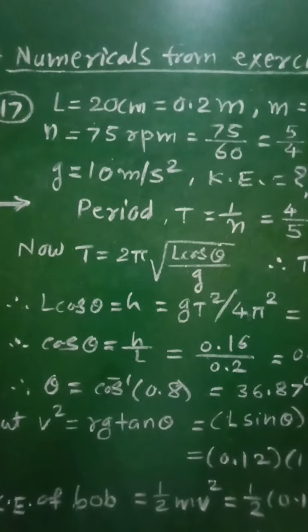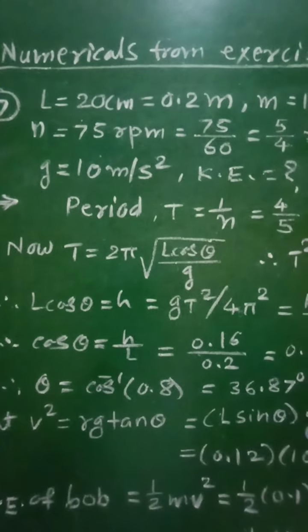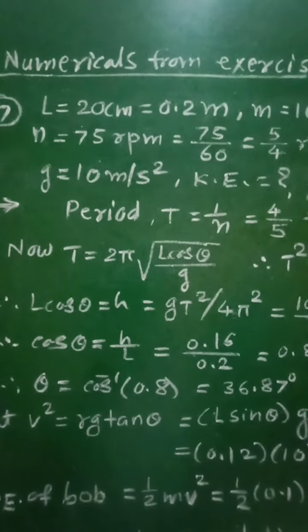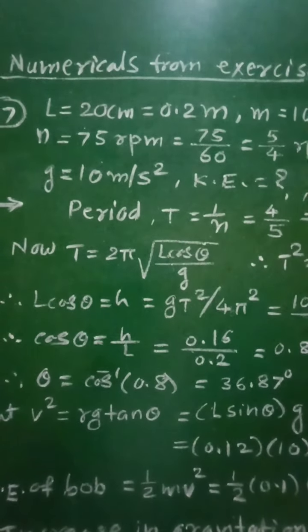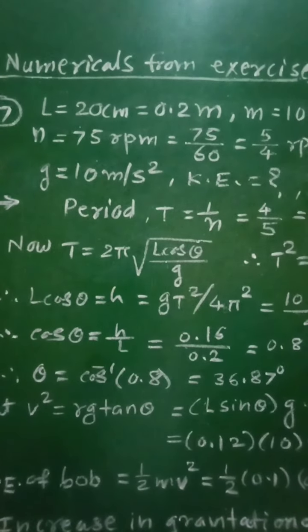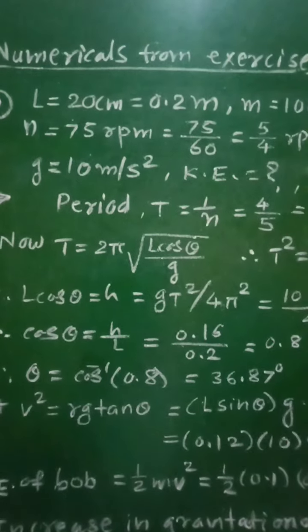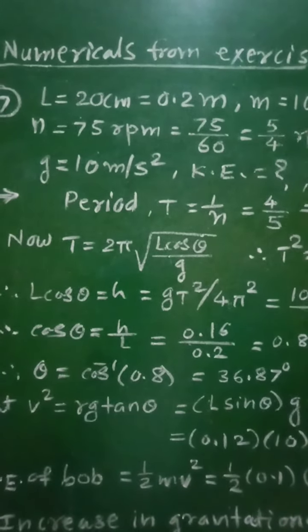and a tiny bob of mass 100 gram is set up as a conical pendulum. Its bob now performs 75 rpm, that is revolutions per minute. Calculate kinetic energy and increase in the gravitational potential energy of the bob, and in this numerical we have to